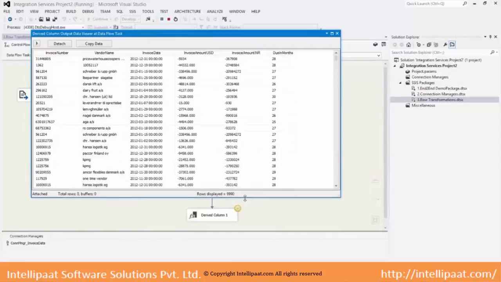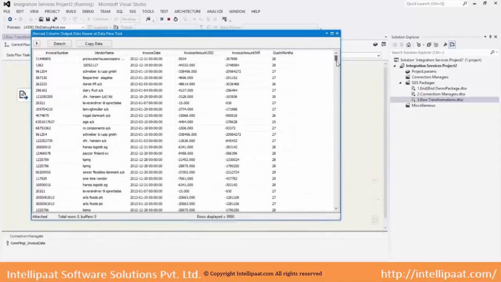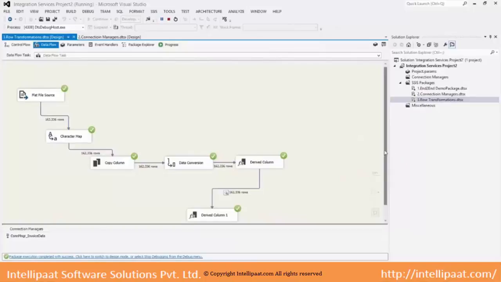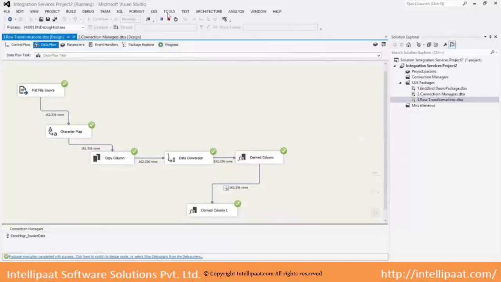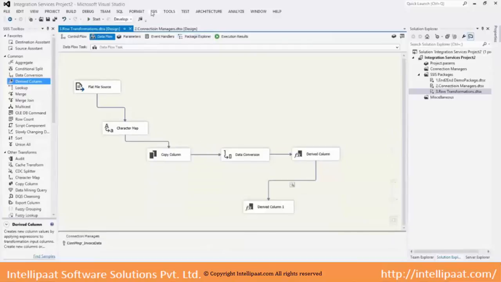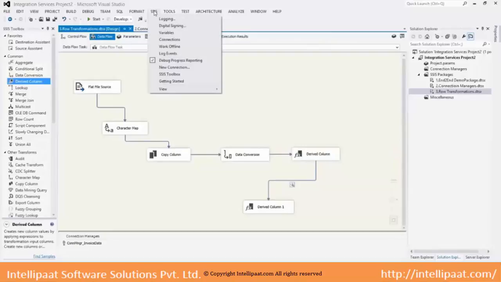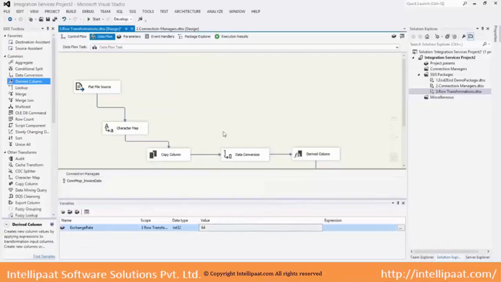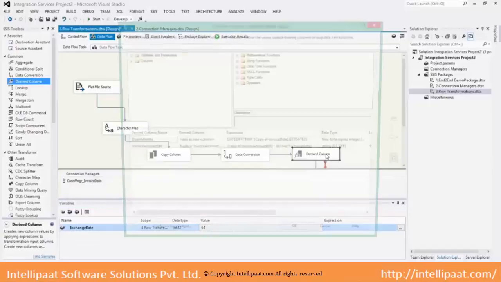We have used 4 transformations and we have got the output. The same output can be loaded to a database table. So now if you observe in this transformation, along with the tasks, we have used a variable also. The advantage of variable is now if my exchange rate changes from 62 to 64, I can do that here instead of opening the package and doing that in the derived column.